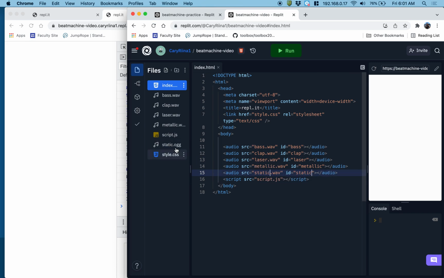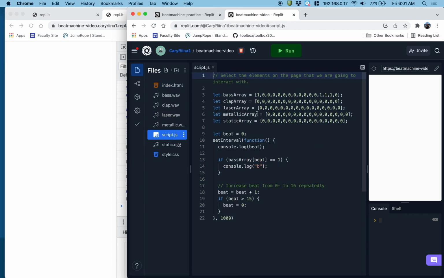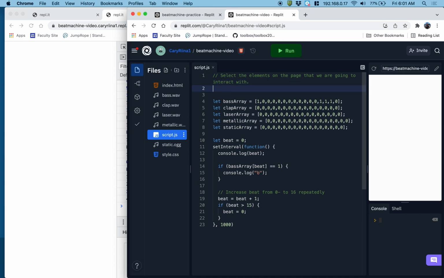And this one I have to change because the file type has a different extension. It's .ogg instead of .wave for my last sound. All right, so I've got my 5 sounds as HTML elements. So next up, we have to add those sounds in here. So let bass equal